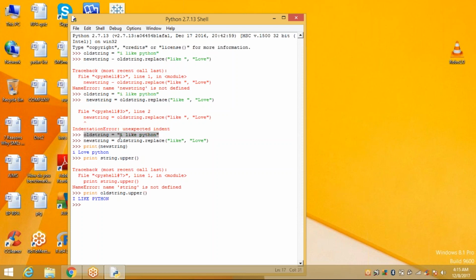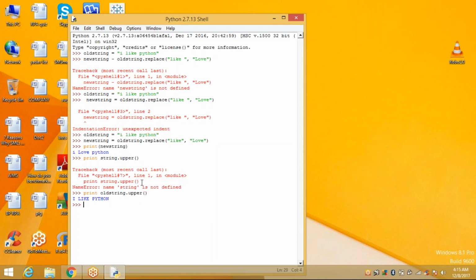When you want to convert this into upper values, you can type print old string dot upper. So your value is converted to completely capital values: I LIKE PYTHON.